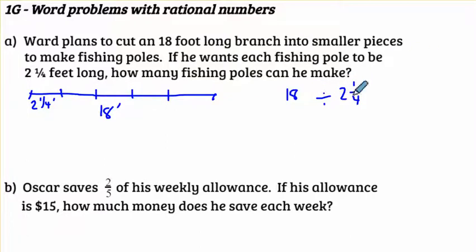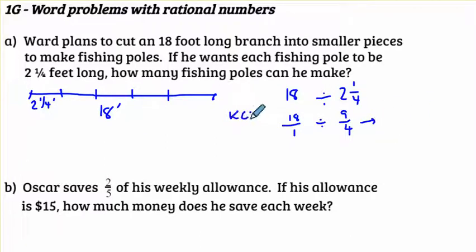Okay, so when I divide with mixed numbers, I know that I need to change them into improper fractions. So this would be 18 over 1, and this one would be 2 times 4 is 8 plus 1, 9 over 4. So it winds up being 18 over 1 divided by 9 over 4, which needs to change because